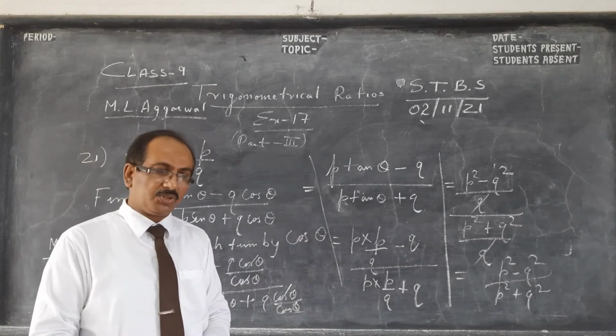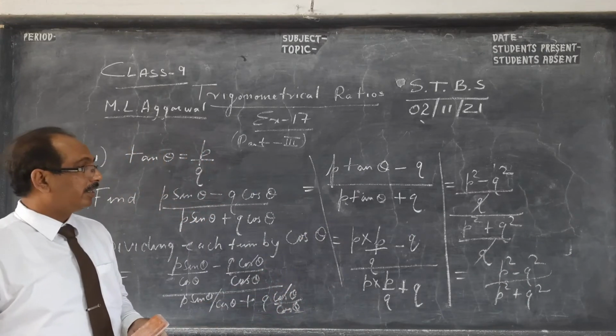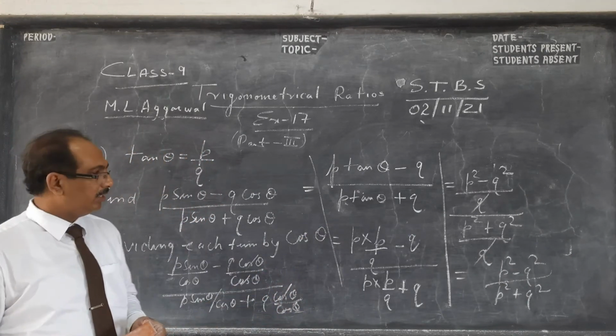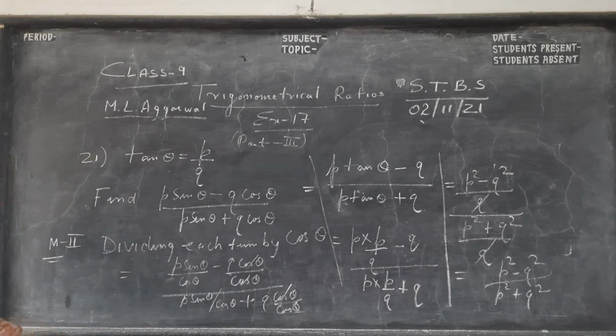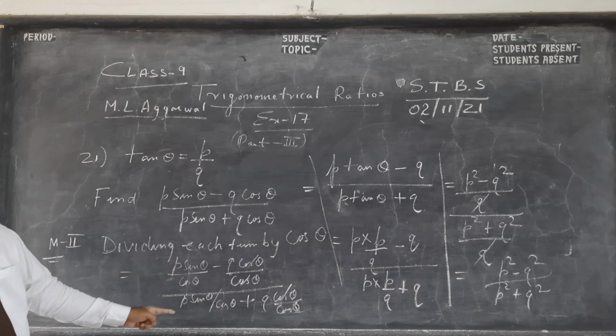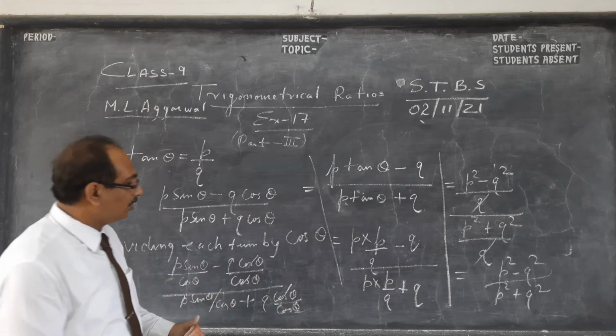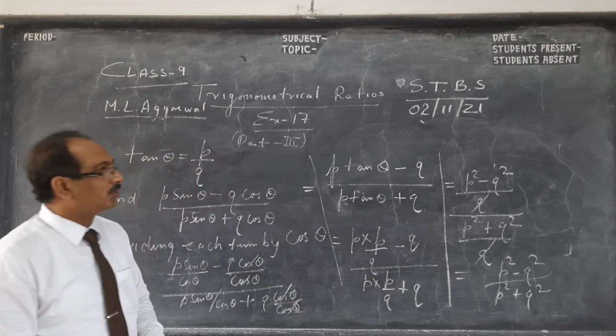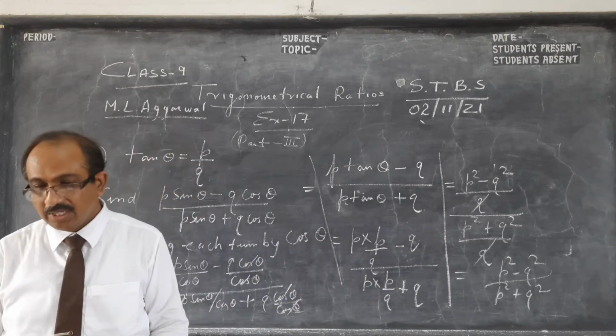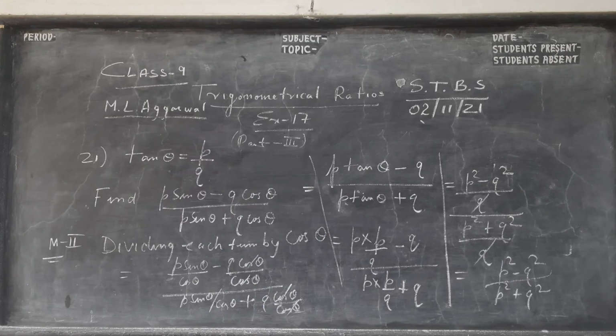This is a very short and very tricky and very nice method. So kindly pause the video and copy. So remember, divide by cos theta, sin by cos becomes tan, and cos cancels. Okay, so if you do the first method, it will not give you a wrong answer, but it will be a very complex and complicated way of working.